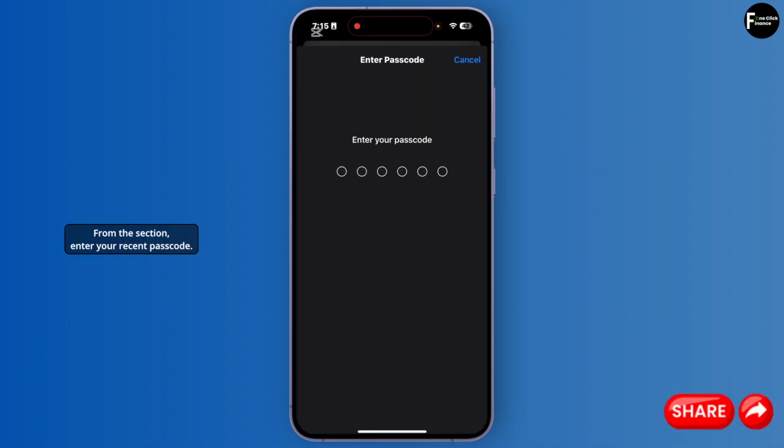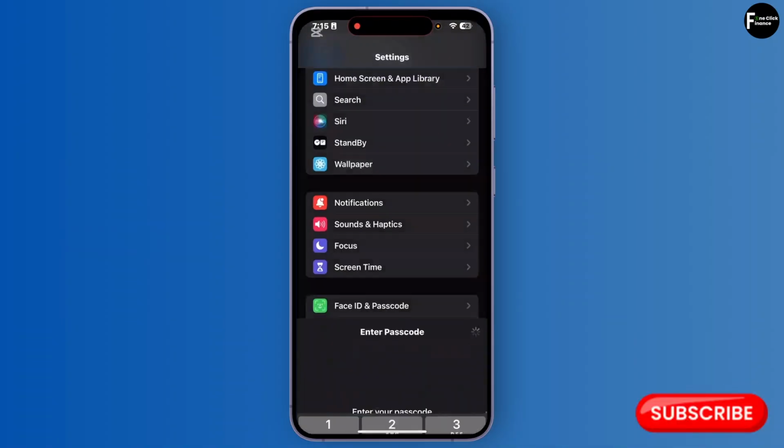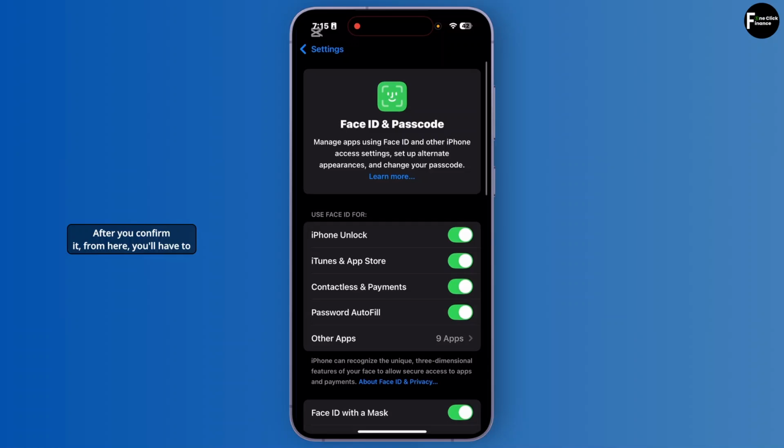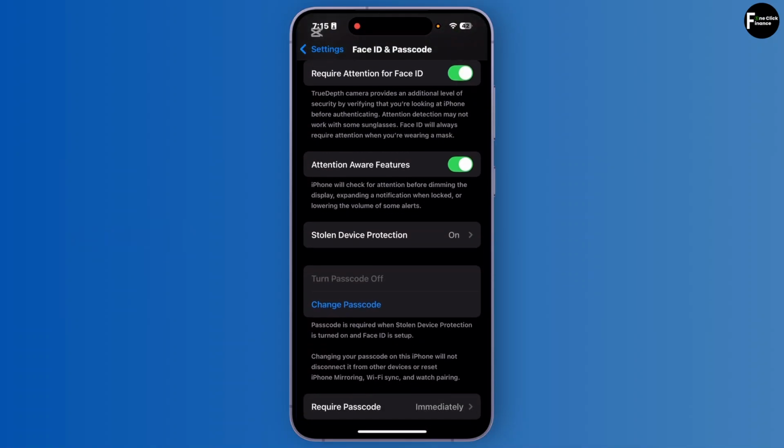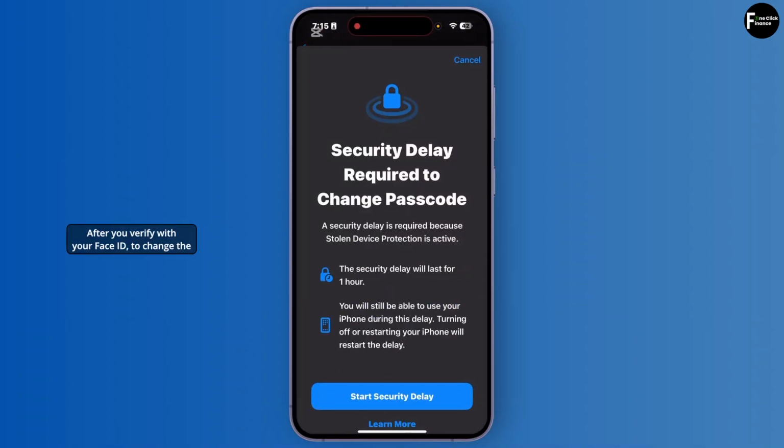In this section, enter your current passcode. After you confirm it, from here, you'll have to scroll down and tap on the option Change Passcode. In this section, verify with your Face ID. After you verify with your Face ID, to change the lock screen